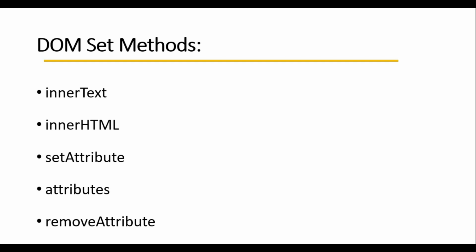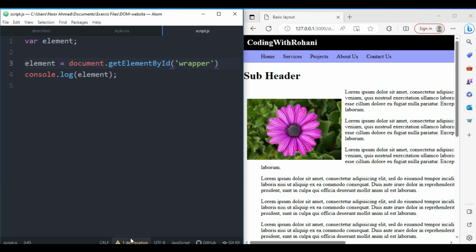First we have innerText. By using innerText we can only add changes or set the value of a text in HTML attributes, and by using innerHTML we can add changes into HTML elements. First let's take a look at these two methods. As you can see here, I have our previous exercise file, and the first thing we are going to do is work on